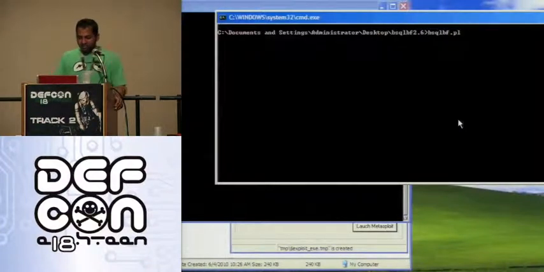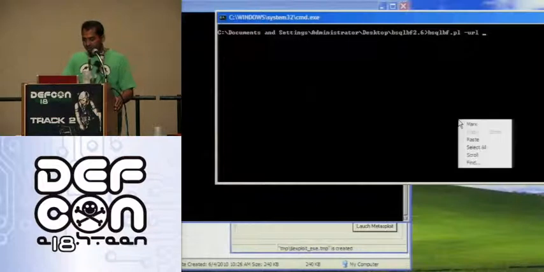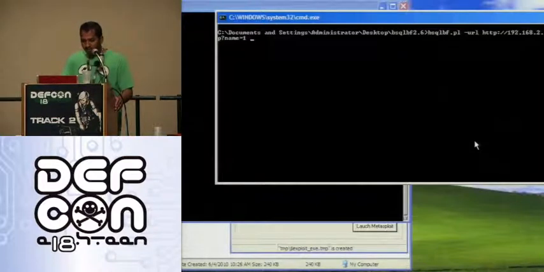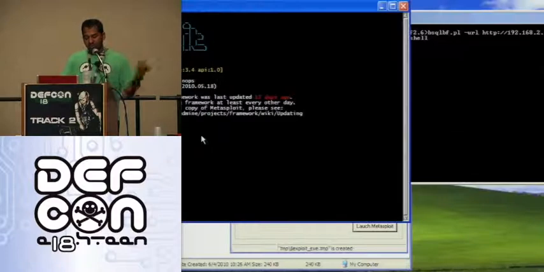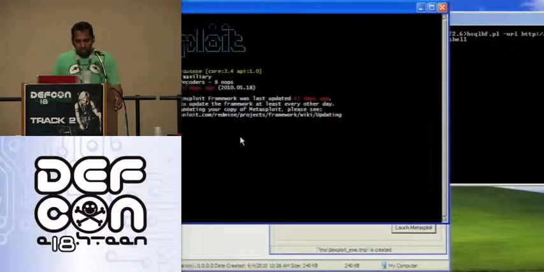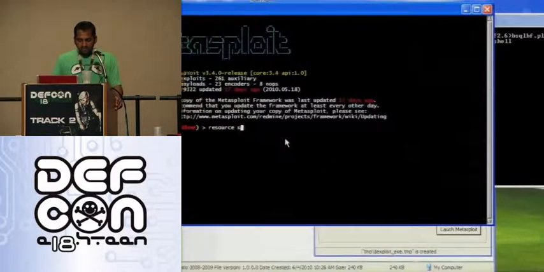So you launch Bsqlbf. You provide the vulnerable URL. You provide the match string. In this case, it was accounts, by which it identifies the true and false response. You provide the database, so it is 3 for Oracle. Type 8 stands for that we have the DBA privileges, and rev shell stands for execute the Metasploit's payload, which we have already created. So if we now start our Metasploit listener